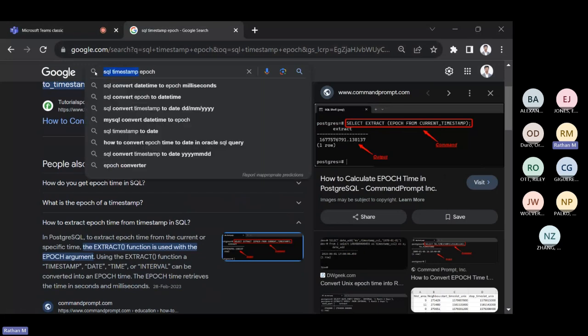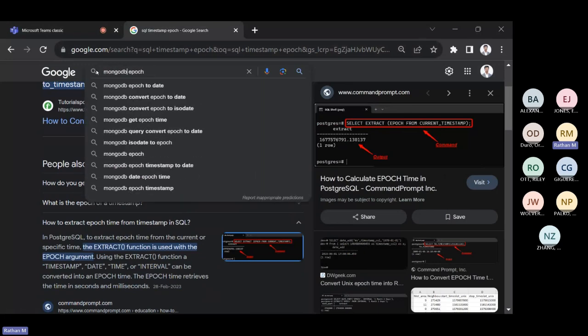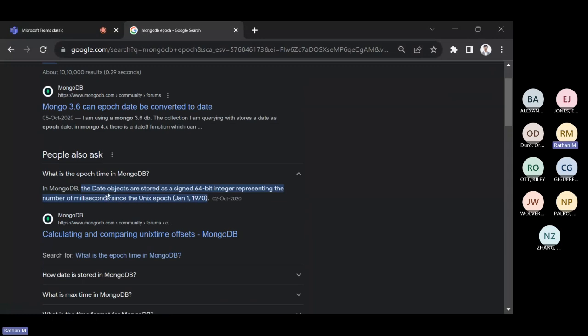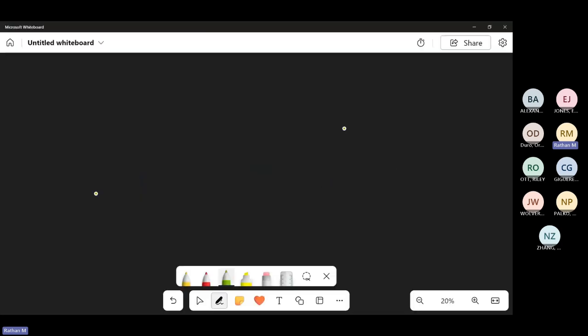Another thing is there's a particular NoSQL database called MongoDB, which by default uses epoch, and you have some functions that convert these as well. As it says, MongoDB date objects, any date you store, is stored as a 64-bit integer representing the number of milliseconds since the Unix epoch. So its default is to store milliseconds, but you can store just seconds, it's up to you. Think about this: milliseconds add 3